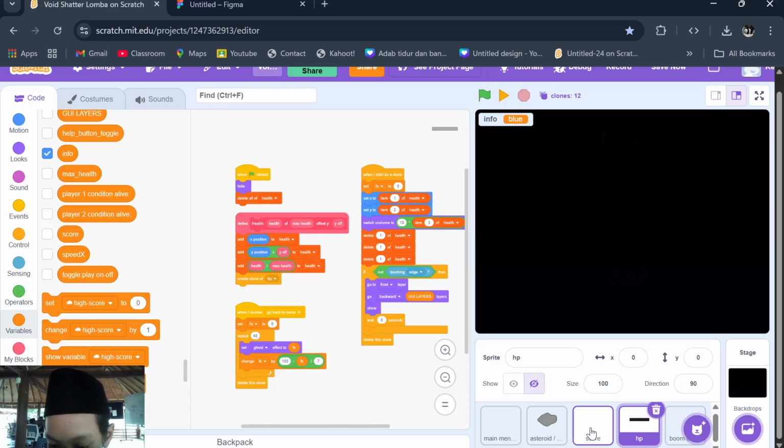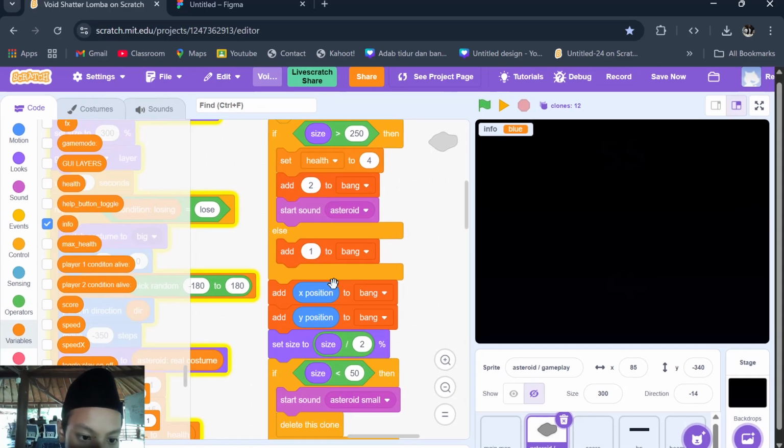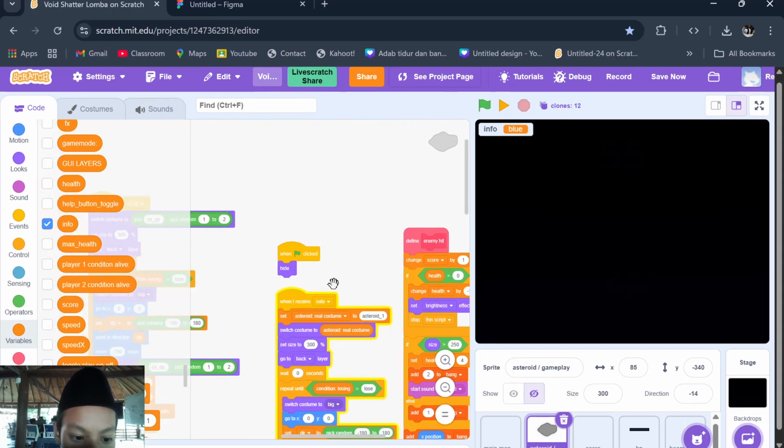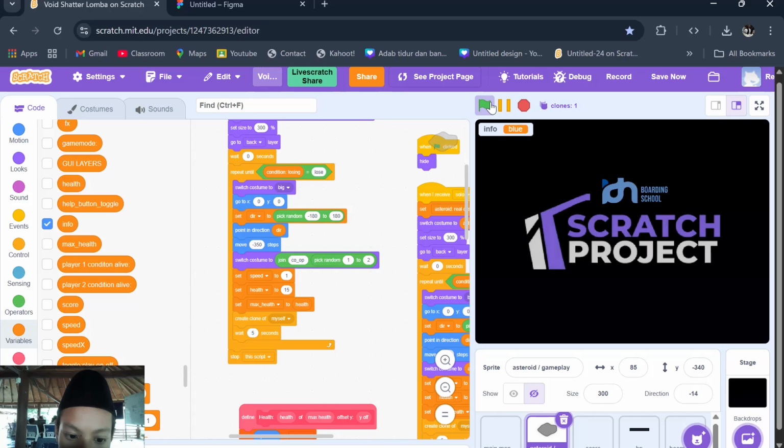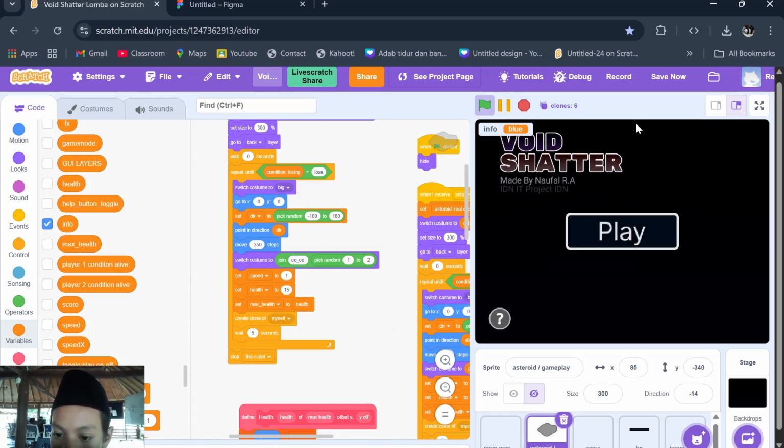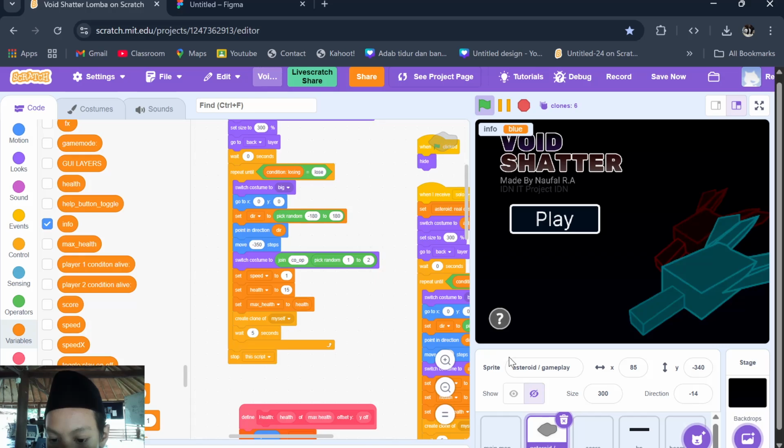And now, let's get back to the asteroid again. In the asteroid, how can the asteroid get into a random position but on the edge?